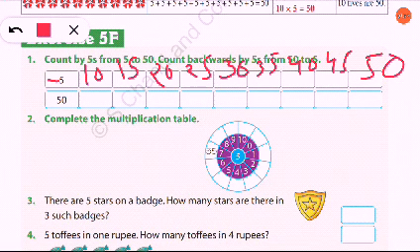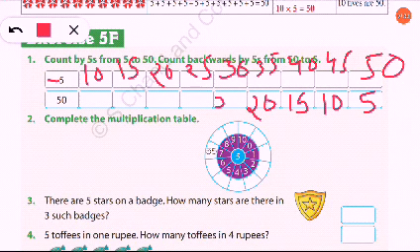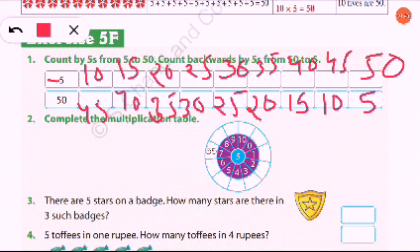We have to write the table nicely in each blank. Now from backward we will count. Can start from here. Okay, 5 1s are 5, 5 2s are 10, 5 3s are 15, 5 4s are 20, 5 5s are 25, 5 6s are 30, 5 7s are 35. Okay, 5 8s are 40 and 5 9s are 45. So now your table is written in the backward form also. So hope it is clear for you. Now we will start question number 2.